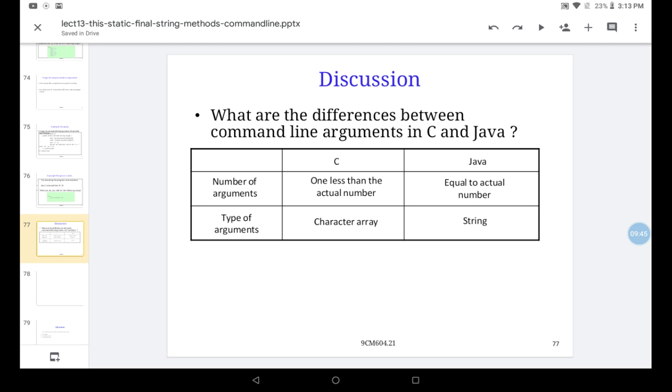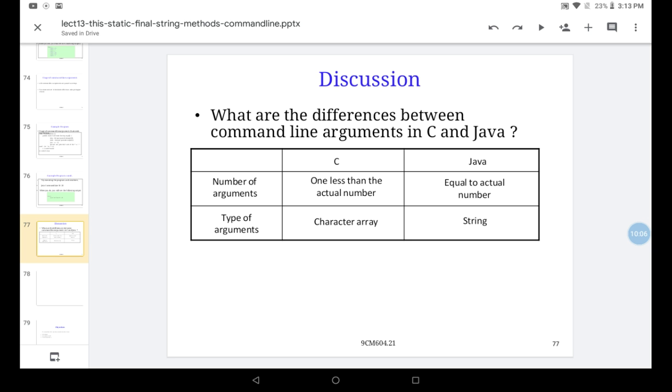So yeah, there are some differences between command line arguments in C and Java. We have seen C also. If we compare both C and Java, we'll see now what the number of arguments means. In C, it is one less than the actual number.